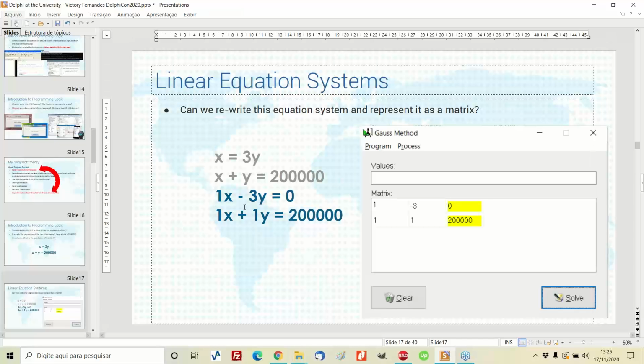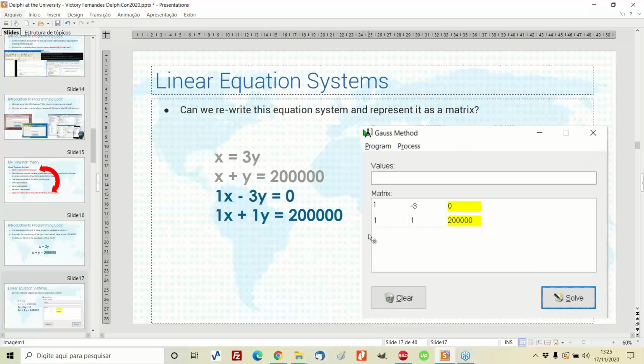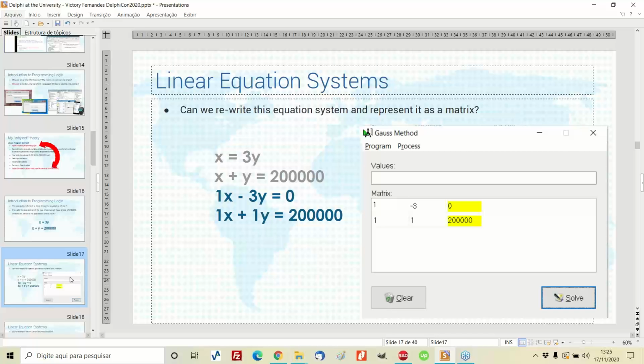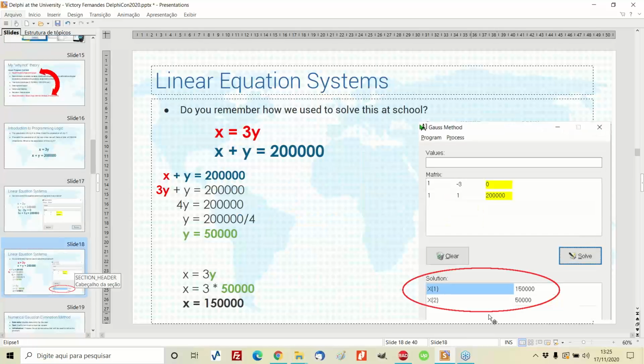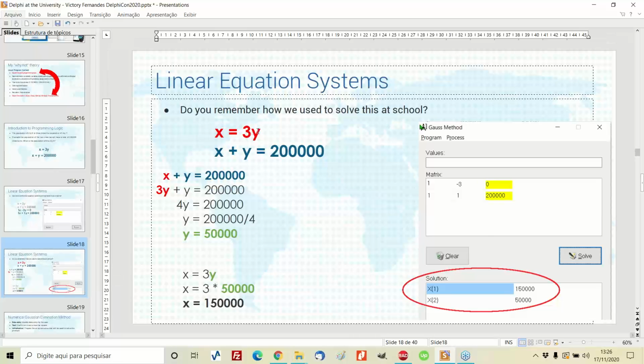If I do this, I can now represent this in a matrix. Look, 1, minus 3, 0, 1, 1, I have here 200,000. So this is a very simple application that when I click solve, I have the solution here presented on the right.